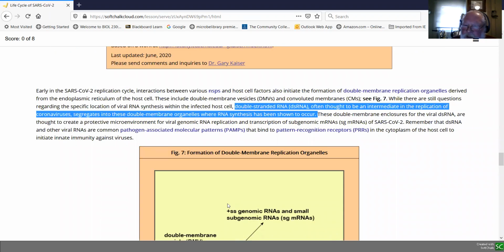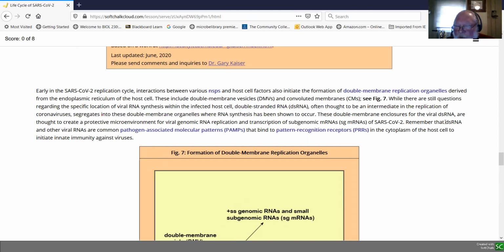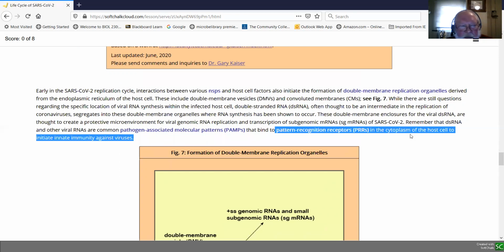Now, you may remember when we talked about body defense against viruses, stimulating innate immunity, that one of the common PAMPs found in viruses, in RNA viruses, is double-stranded RNA. These act as PAMPs, or pathogen-associated molecular patterns, and they bind to pattern recognition receptors in our cytoplasm to initiate innate immunity. So one of the first ways we recognize that a virus, an RNA virus, has entered the body